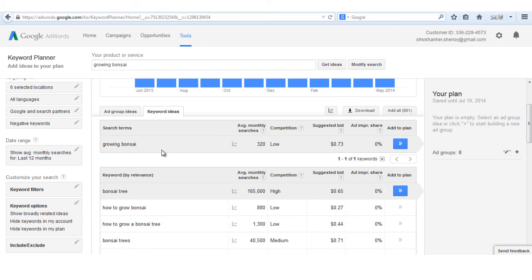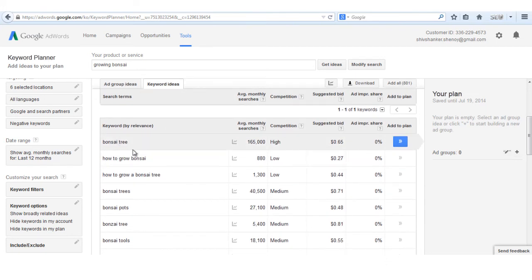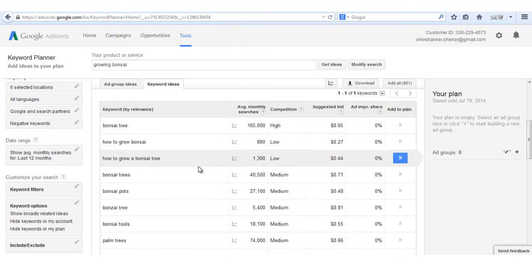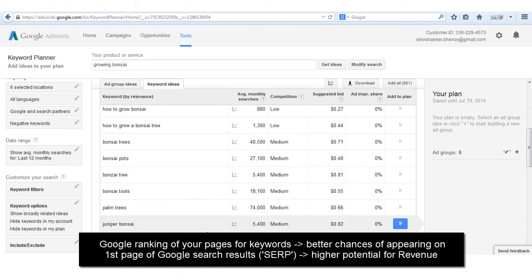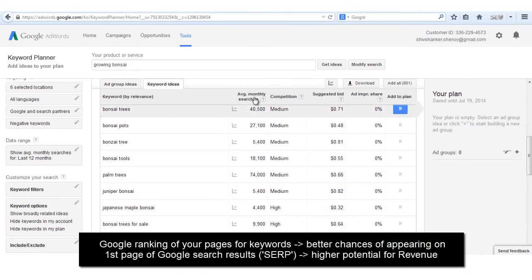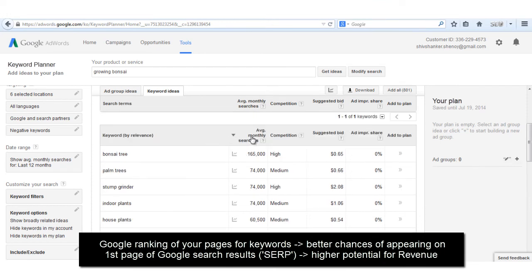Okay, so related to bonsai, here are certain keywords: bonsai tree, how to grow bonsai, how to grow one bonsai tree, and you will see the average monthly searches for the locations you have selected here, or just the global figure if you have not given any specific locations. So you can basically look at these. You can order in ascending or descending order based on any of these columns,